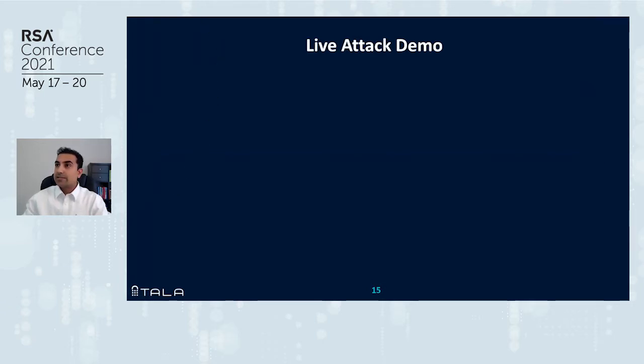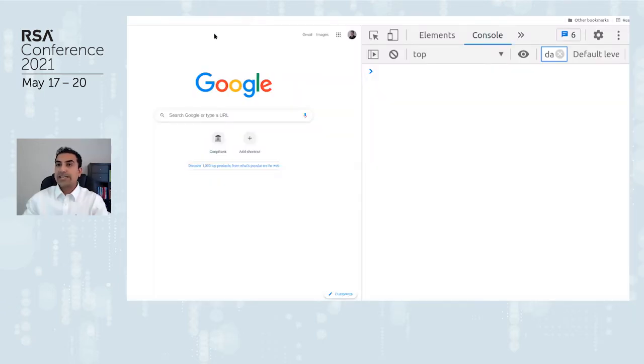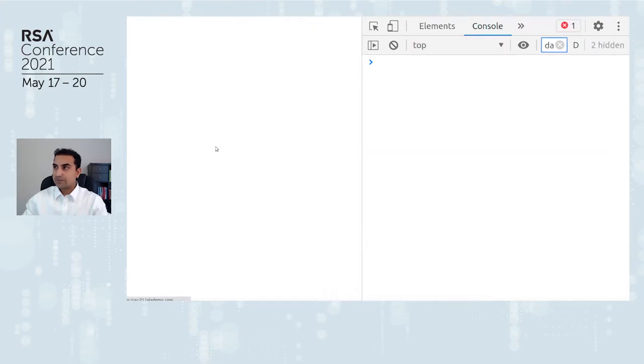Okay, let's go to the target website to see the actual attack. This is regular Chrome, and on the right-hand side, I have opened up developer tools on the side so that I can explain the attack better. I will be able to explain what's happening under the hood, side by side to the website in this manner. So let's go to the website.